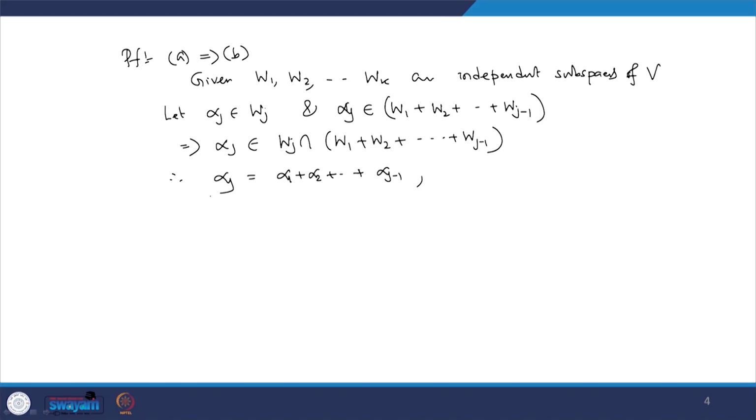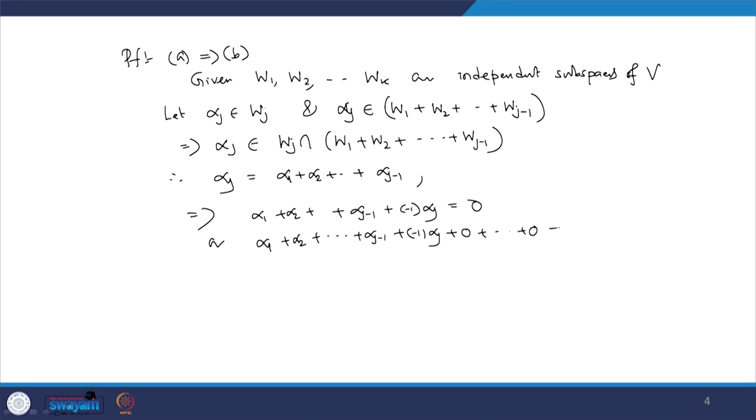So, this implies alpha 1 plus alpha 2 plus alpha j minus 1 plus minus 1 times alpha j plus 0 plus up to 0 equals 0. Here alpha j belongs to Wj, and there will be Wj plus 1, Wj plus 2 up to Wk, for which I have taken the 0 element only. So, I can write the same expression like this, but